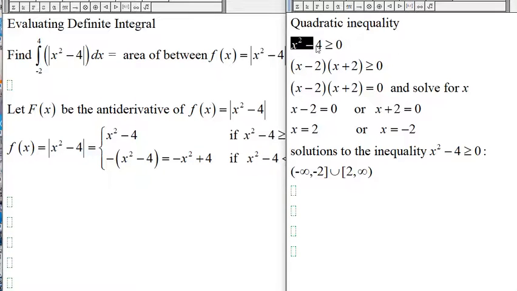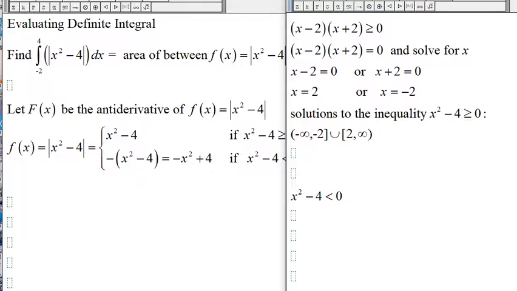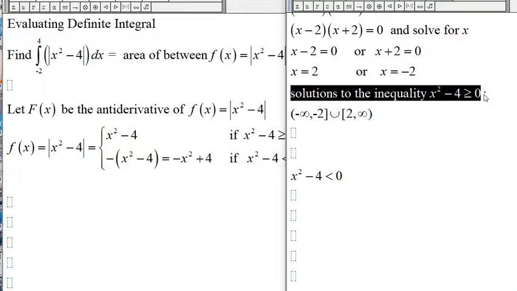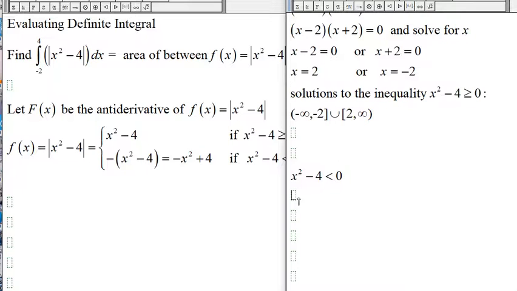And so we need x squared minus 4 less than 0. Then the solutions to the inequality less than 0 would be the middle interval, which is negative 2